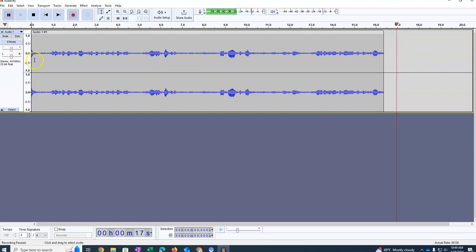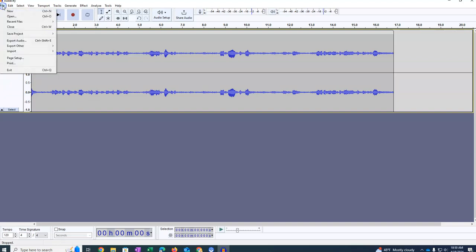When you are done, next thing you're going to do in order to save this, export it, you're going to click the stop button. The stop button is what's going to allow you to play back what you have recorded and listen to it before you save it and export it. So it is recorded successfully, so I'm going to stop it. And now that I'm done, I'm ready to export this as an MP3, which is an audio file that can be played back. So I'm going to go to the File menu in Audacity, and I'm going to select Export